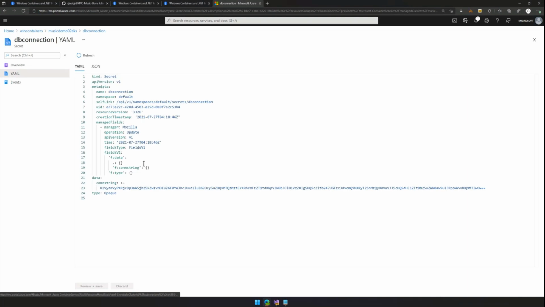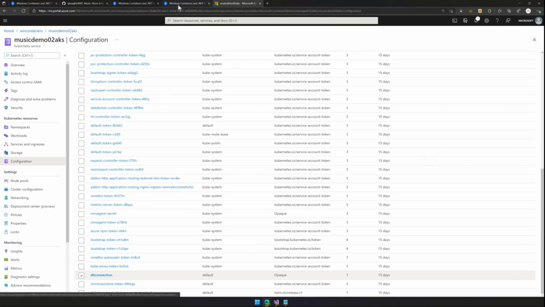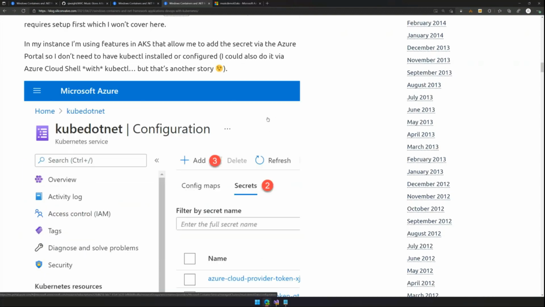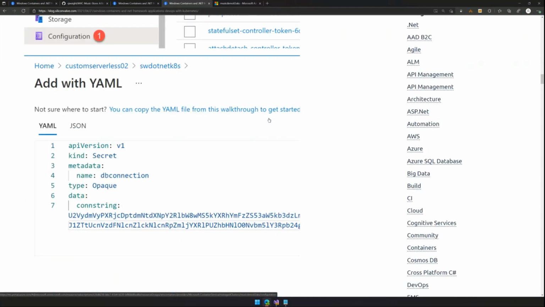So there's our secret. The good thing is that with secrets, I can pass those into containers at runtime. So when I define a deployment for a container or a container image, I say I actually want this secret to be made available to the container, and I want it to be used to feed into this environment variable. So let's have a look at how we do that. So that's inserting the secret.